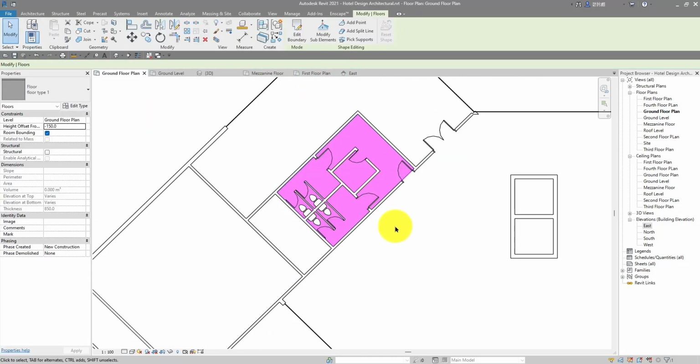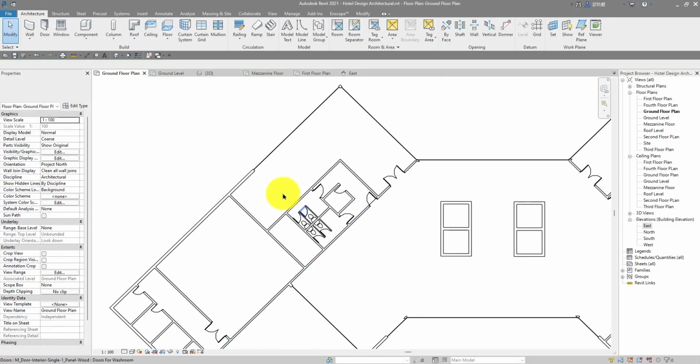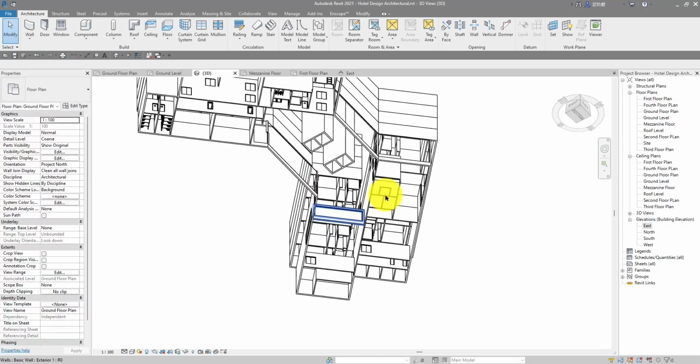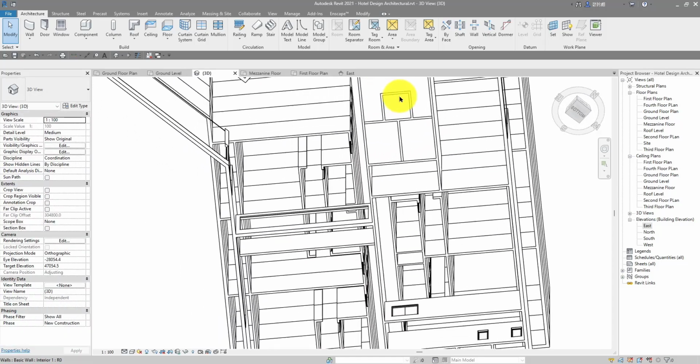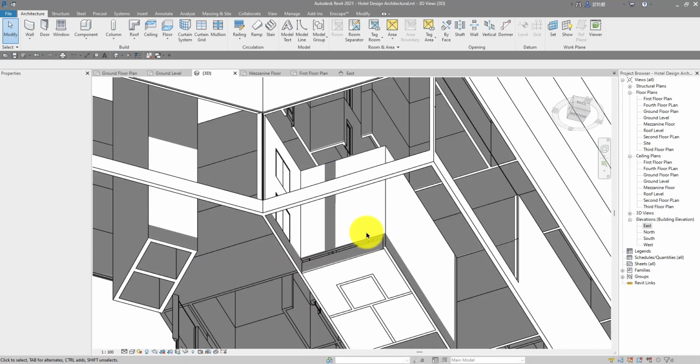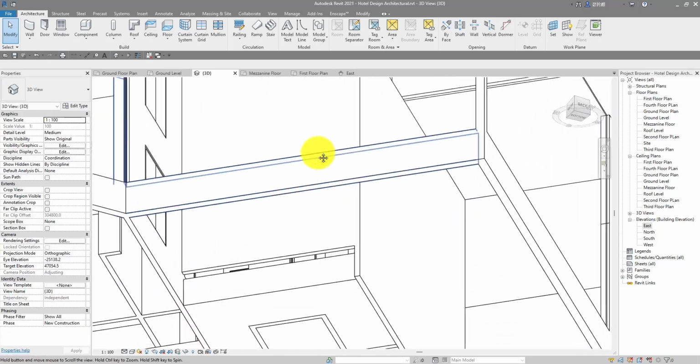Now hit on OK and then tick that out of there. So let's head into the 3D view. Okay guys, we wouldn't be able to see the floor slab we created right in here. It's right in here in our design. We wouldn't be able to see it because